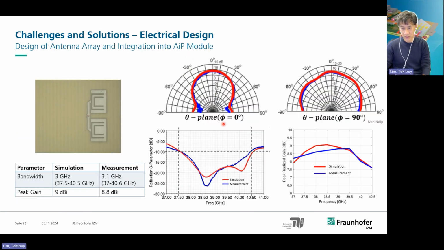Then for the antenna itself, here I'm showing you one antenna which was used for 5G applications. It was at 39 gigahertz, so you can see that the bandwidth is around 3 gigahertz, between 37.5 gigahertz and 40.5 gigahertz, and the measurements match quite well the simulated results. And also on the peak gain from the antenna, we have pretty good matching between the simulations and